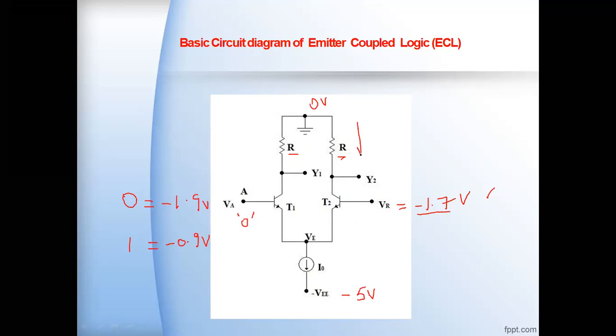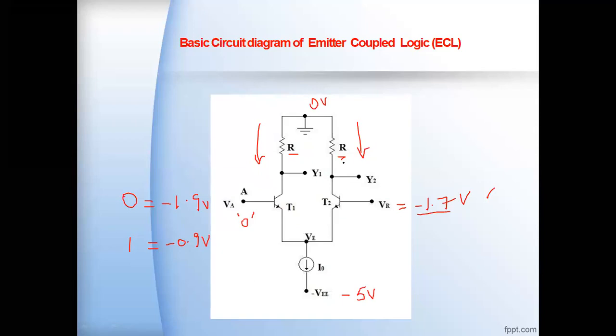There will be current flowing in the T2 network. What about the transistor T1? Transistor T1 will also be conducting, but comparatively it will be at a lower value. So it is also in the on-state, but the difference is the current flowing in the two resistors. In the T2 transistor network, more current is flowing.